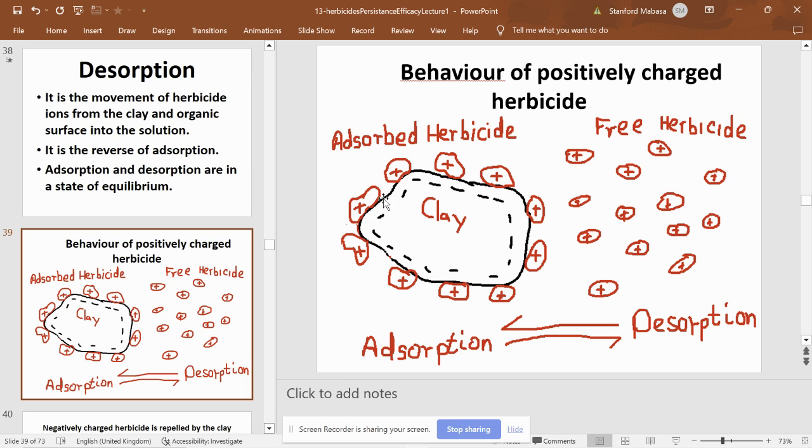Now, when this surface is now full of herbicide ions, some are left free in the solution, or they can move into the solution through desorption. So you have constantly some